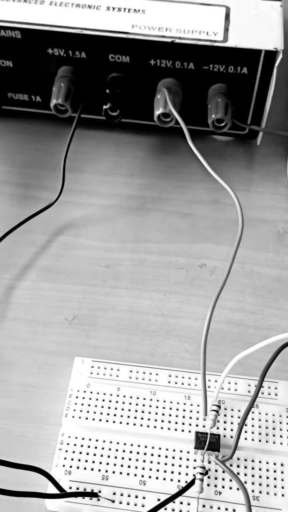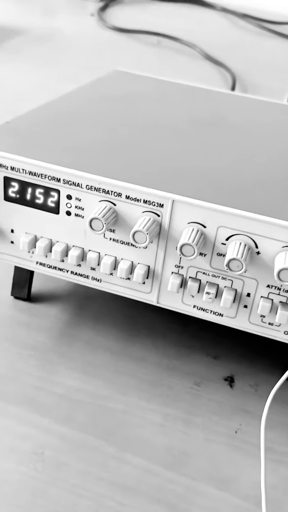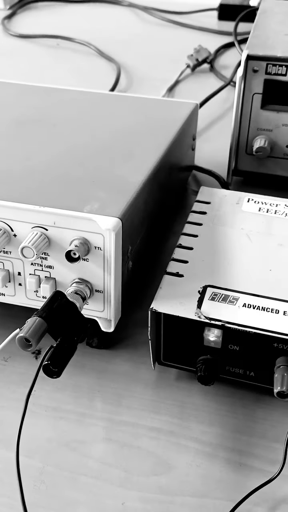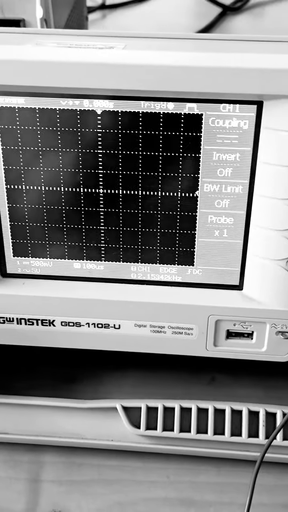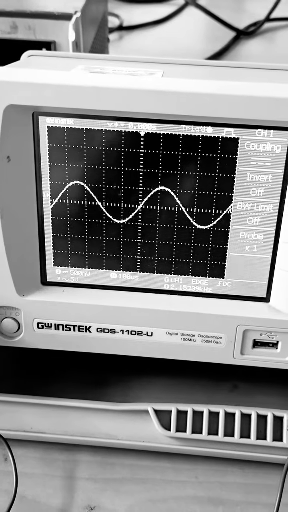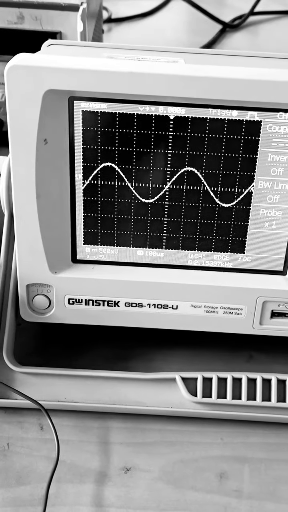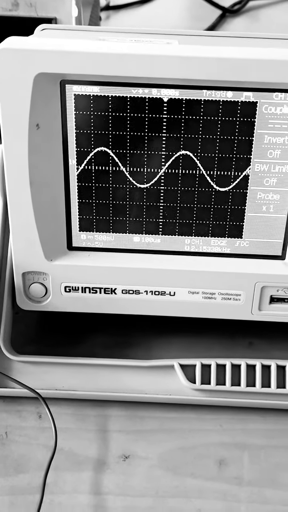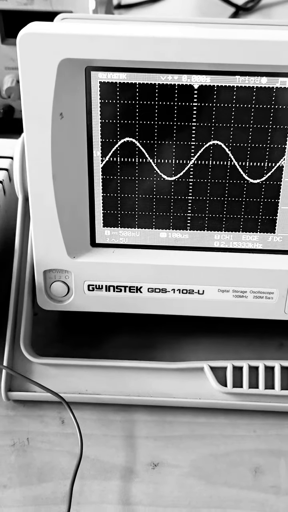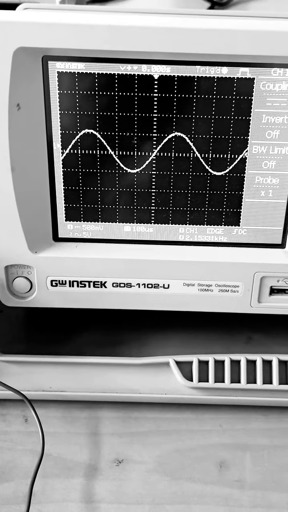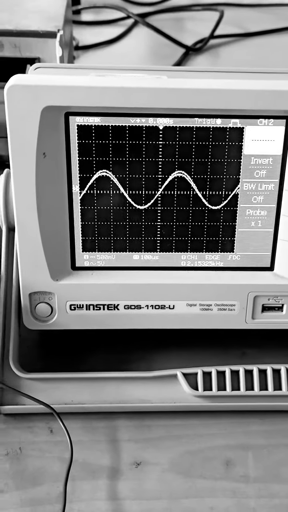Now I'll set a frequency around 2.15 kilohertz, and the voltage is the same as our previous one, 1.12 volt peak to peak. And you can see on the DSO the input waveform. As per our discussion, for the non-inverting amplifier there should not be any phase shift, so my output should overlap the input. So this yellow is the input, and this blue one is the output. You can see the phase shift is 0,